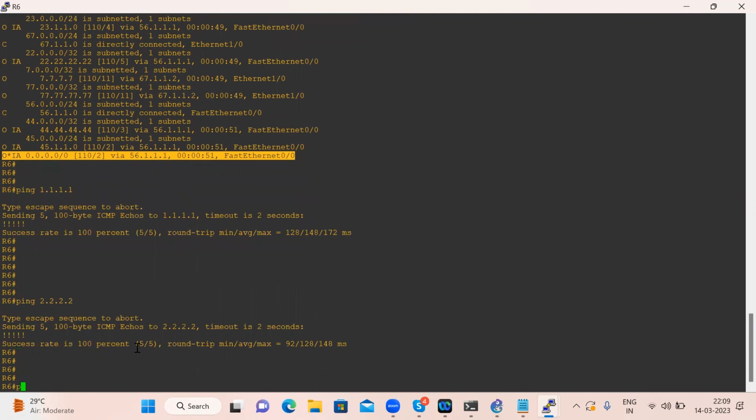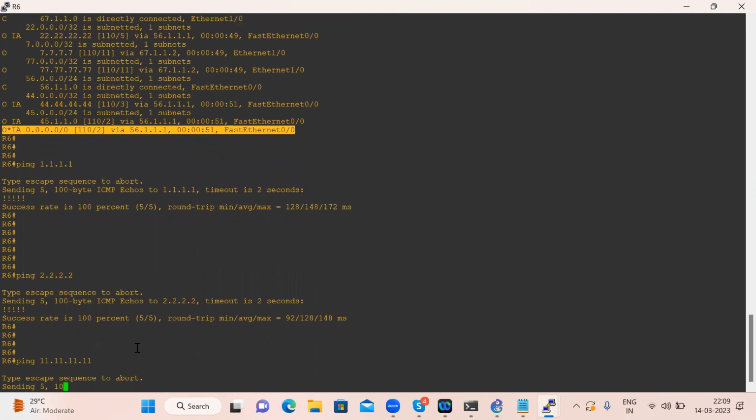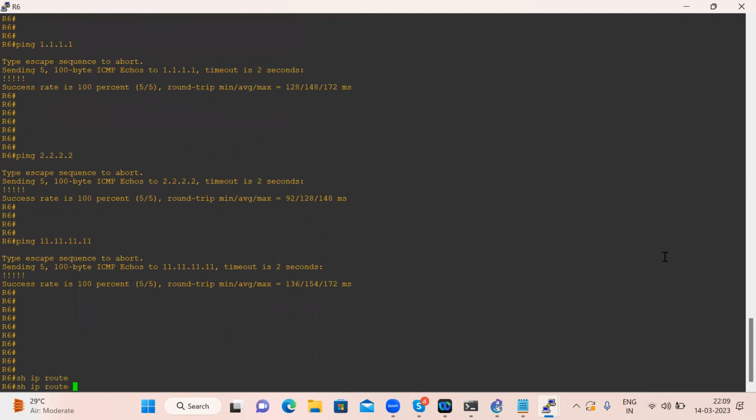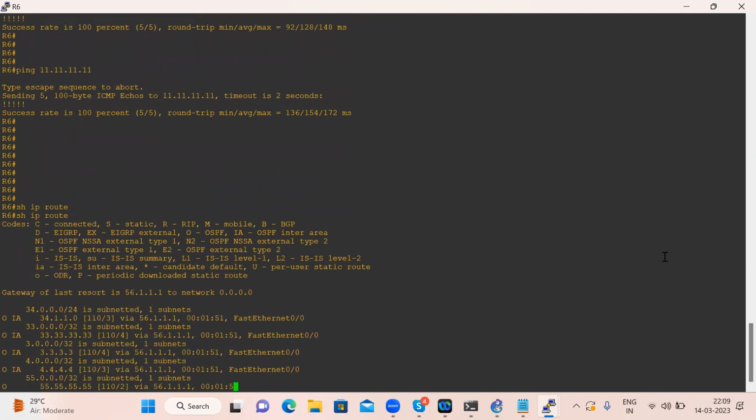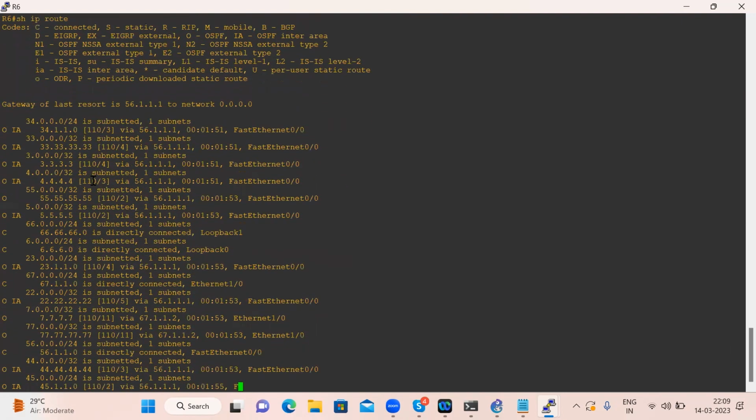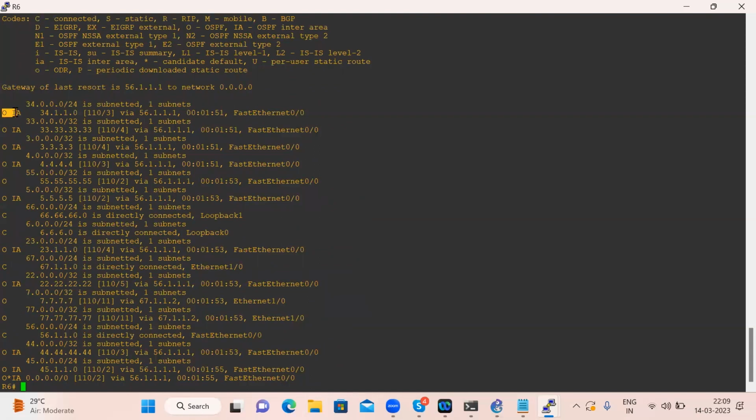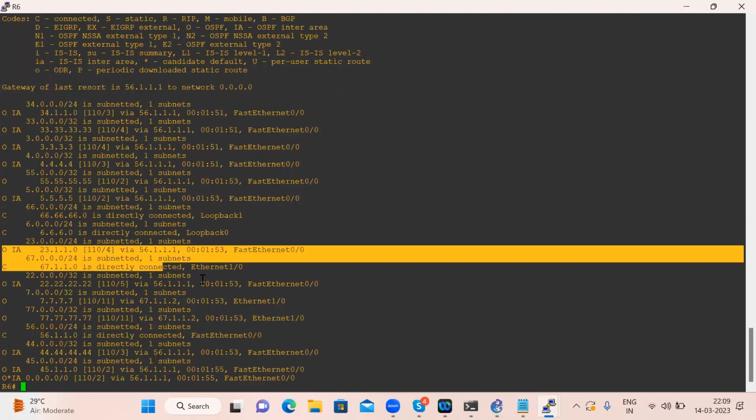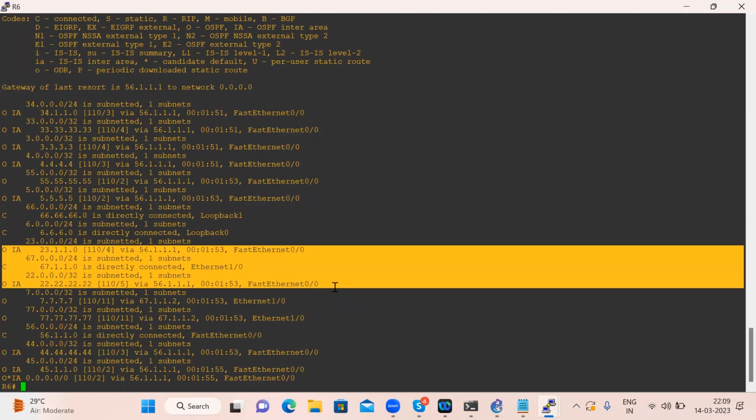Still you are able to reach ping 11.11.11.11, all the networks. But if you see show ip route, you are still getting a type 3 LSA. By using a type 3 LSA, you are getting OIA routes. Now, additionally, if you want to restrict type 3 LSA as well,